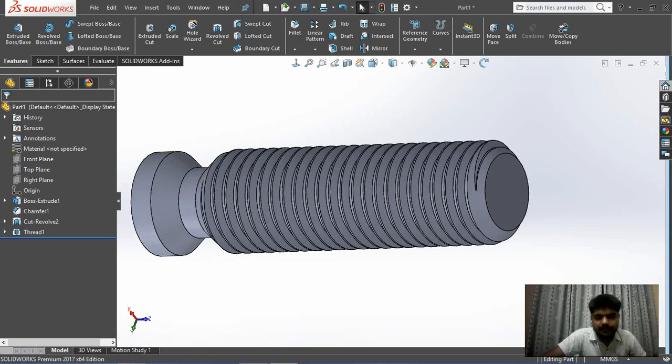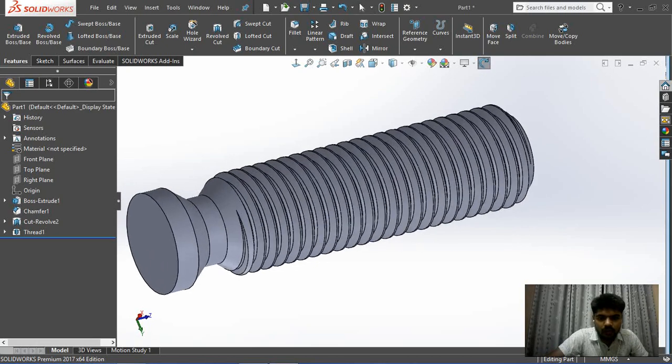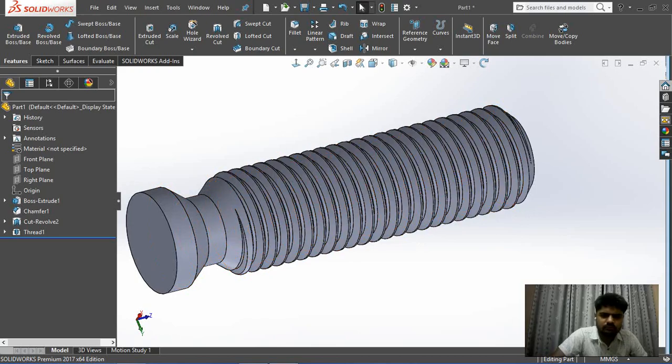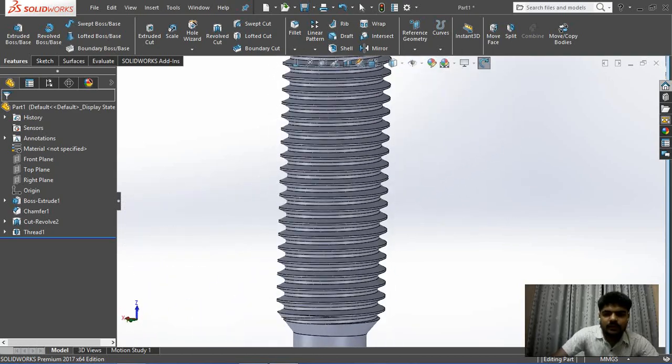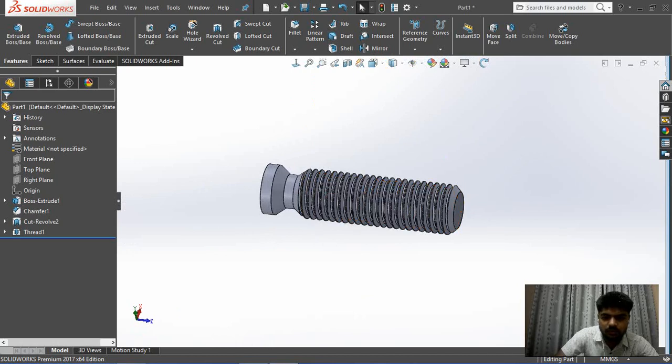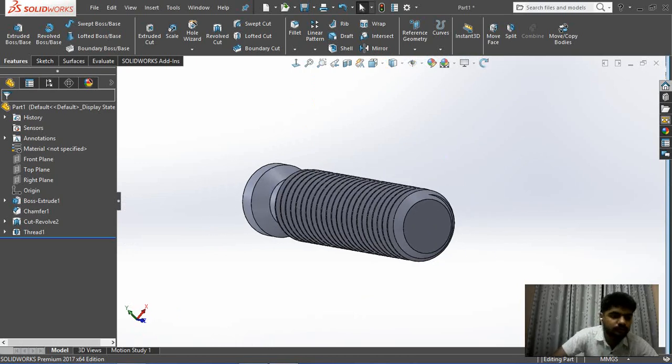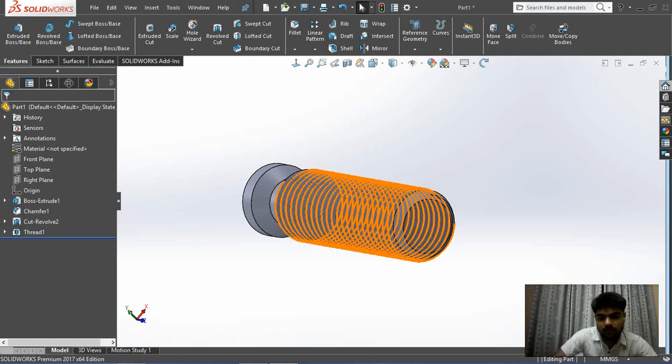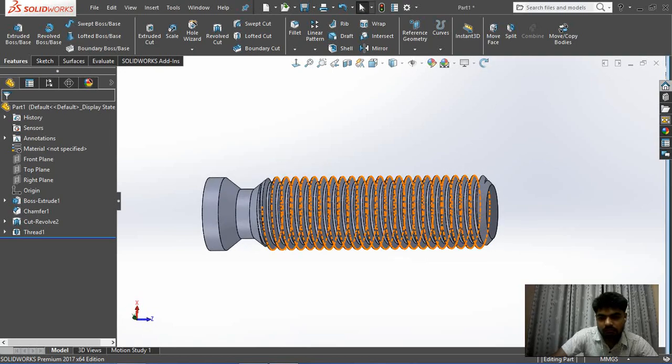Now totally you understand how you are going to perform any kind of thread operations on any bar. Okay, so this is something that you should know if you are practicing machining, and you are learning SolidWorks.